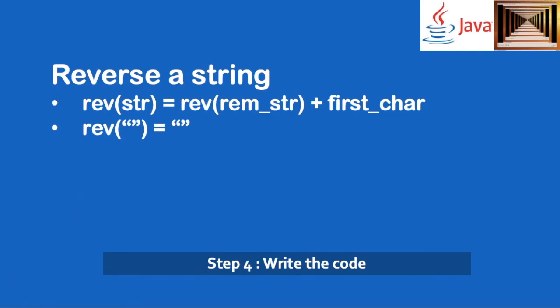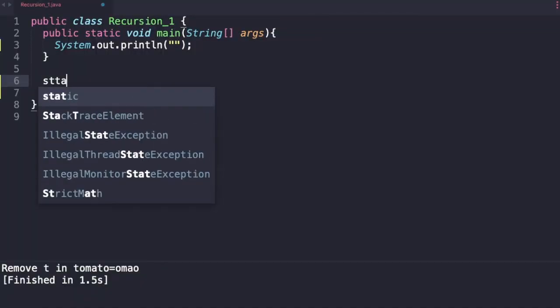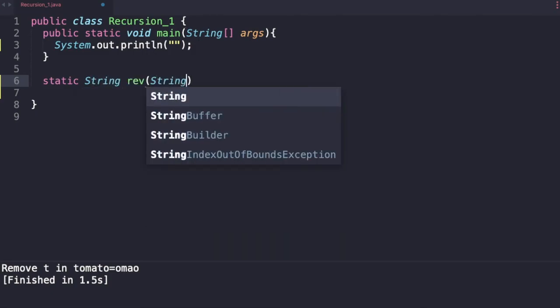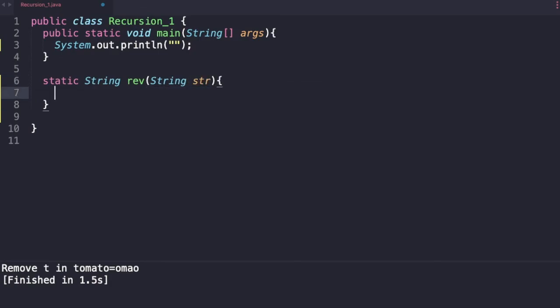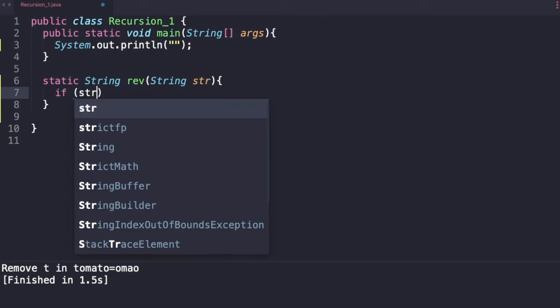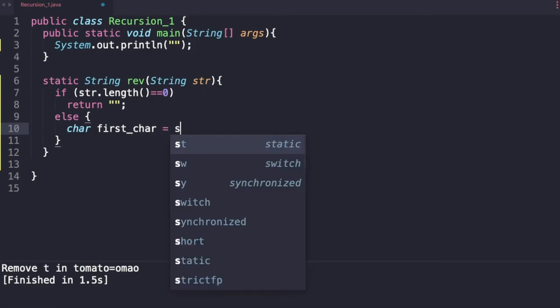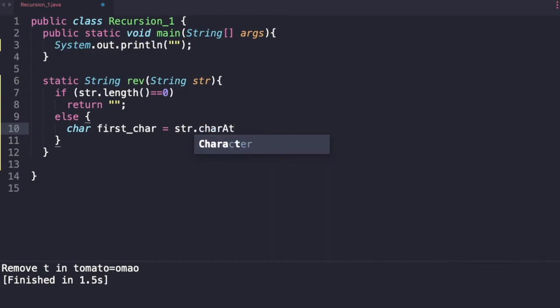So let's do that. Static string reverse, it takes a string str as input. We do our standard thing, if str dot length is equal to 0, that's our base condition. We return an empty string. Else we will need the first char. So char first char is equal to str dot char at 0.